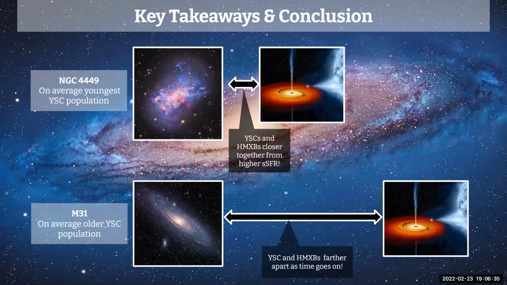How is this related to the spatial correlation with high-mass X-ray binaries? If high-mass X-ray binaries experience a kick during an asymmetric supernova during compact object formation, then the separation between a high-mass X-ray binary and its birth cluster increases with time since initial compact object formation. We would therefore expect younger high-mass X-ray binaries to be located systematically closer to their birth clusters than older high-mass X-ray binaries,